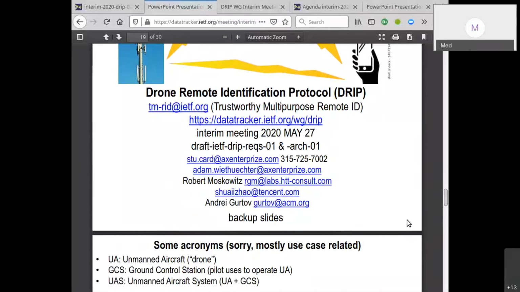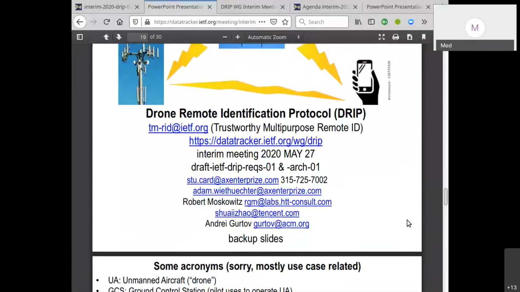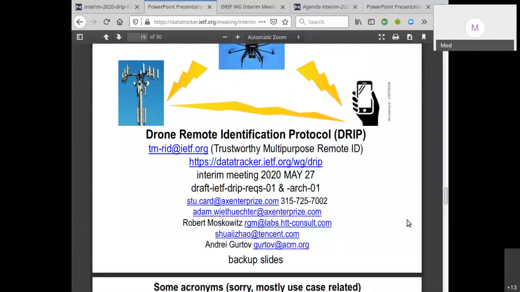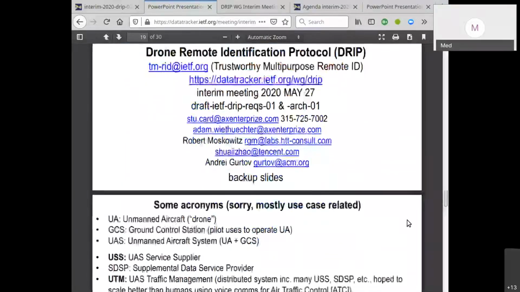Yeah, actually, this is what we have agreed. I would say at the first interim meeting we will focus on the requirements and the architecture to have them in good shape, so that we can have progress by June or July and have something which is really stable. We do understand that there are other drafts on the table, and we show them in our slides. We know that there are other items to be discussed, but we really need to stay focused on what we are expected to deliver.